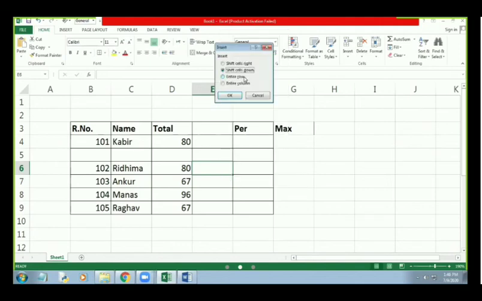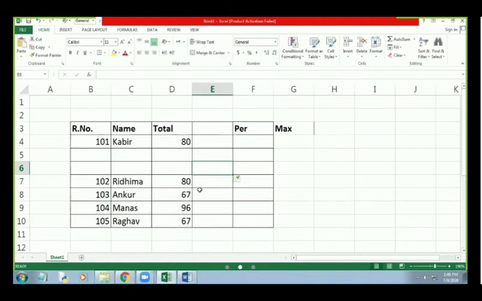Now what you have to do is choose either shift cells right, shift cells down, or entire row. Choose entire row, then click OK. Now the new row has appeared.